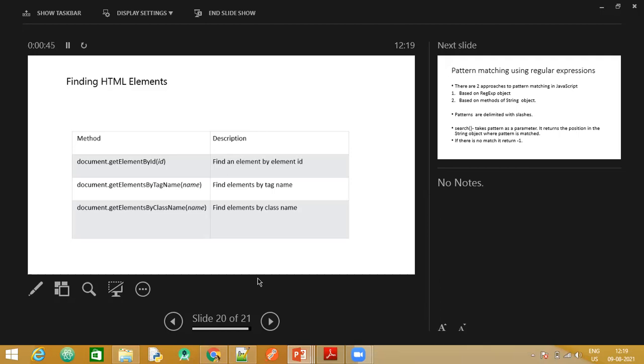There is also getElementsByClassName, which takes the class name. We are not studying classes for JavaScript, we do not include that. But we will stick to the first two, getElementById and getElementsByTagName. Just have a look at the cases, which is written in lowercase, which is written in uppercase. Document, entire is small case, dot, get is small case, element E is capital, rest are as shown. Okay, let's go back here.